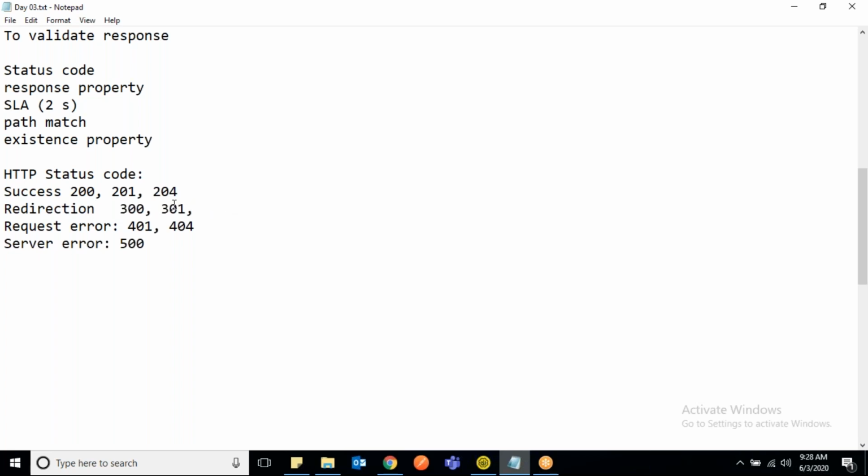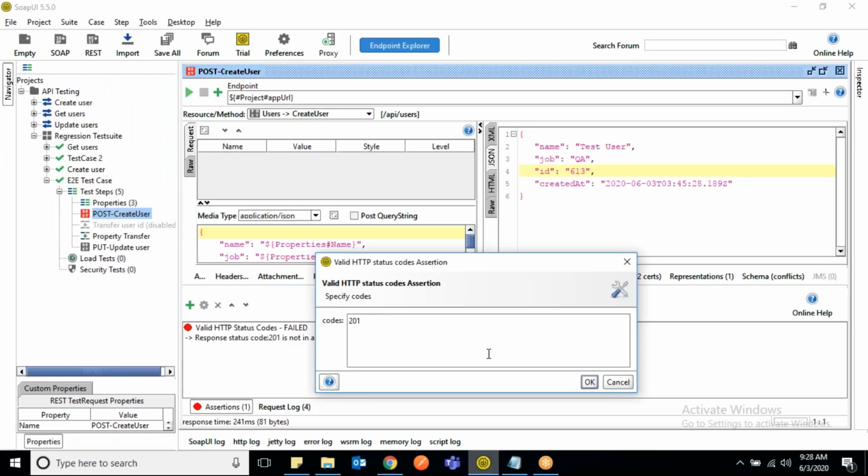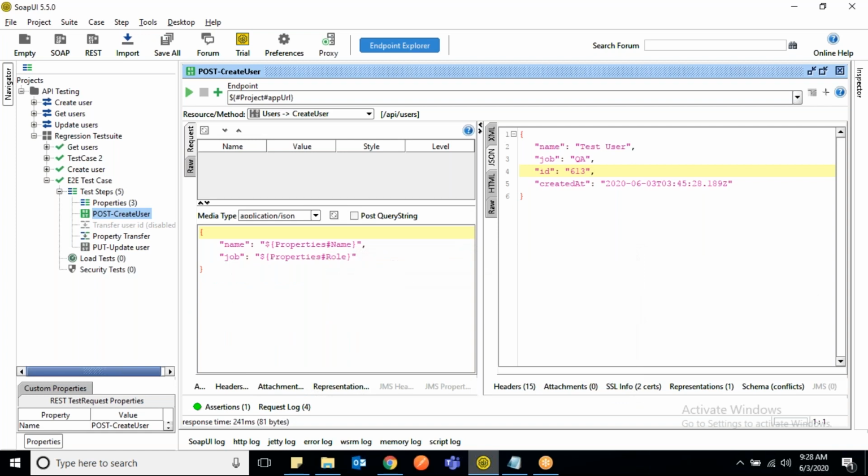Okay, so we should be aware of which status code, at least for one or two, is used for what, so that we'll make sure we are aware of when it will pass and when it will fail. In our case, the valid status code is we are expecting 201. If I click this, this assertion will be green, and your test case will also turn green because